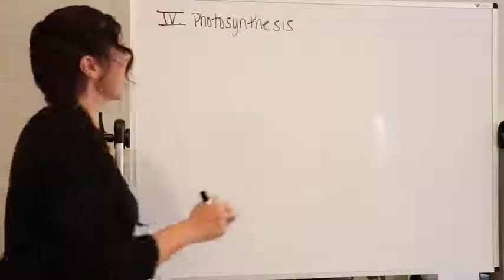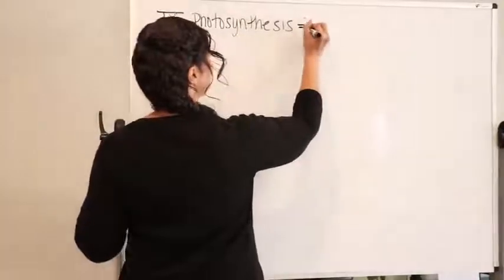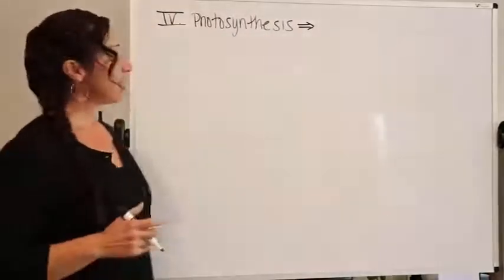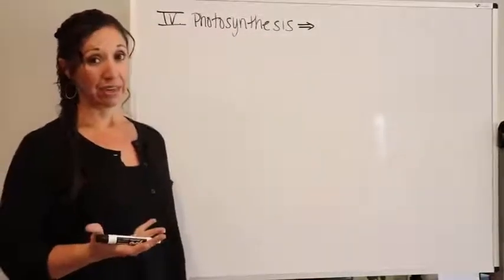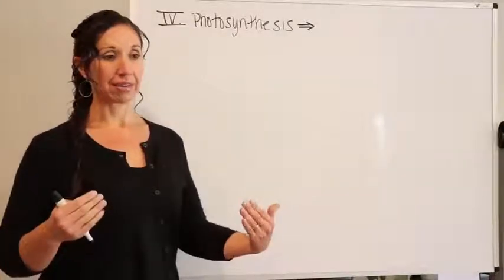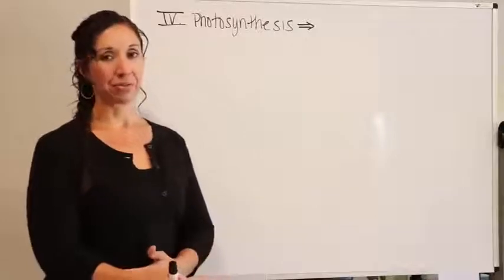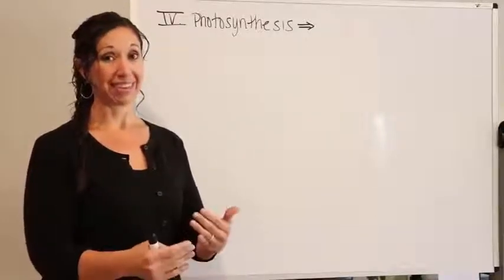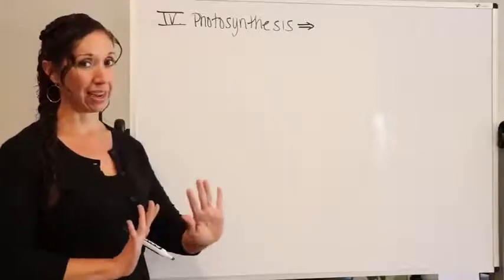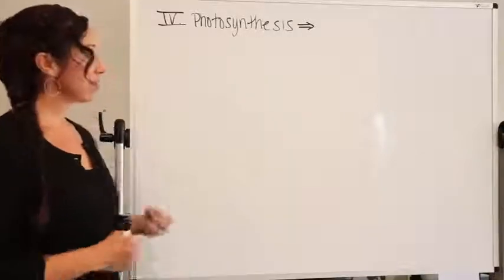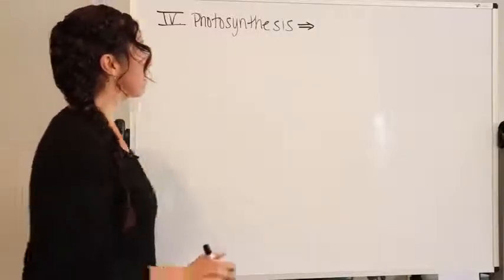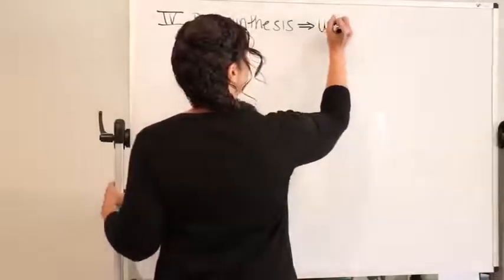Let's define this. So photosynthesis. Photo meaning light, synthesis means you're making something. And in this case, we're using light energy to ultimately create glucose. So I want you to think of it as an opposite reaction from cellular respiration because it is the exact opposite reaction. Remember, in biology, we got that yin and yang balance and struggle going on, but it ultimately leads to how things work. So you got photosynthesis, it's using light energy